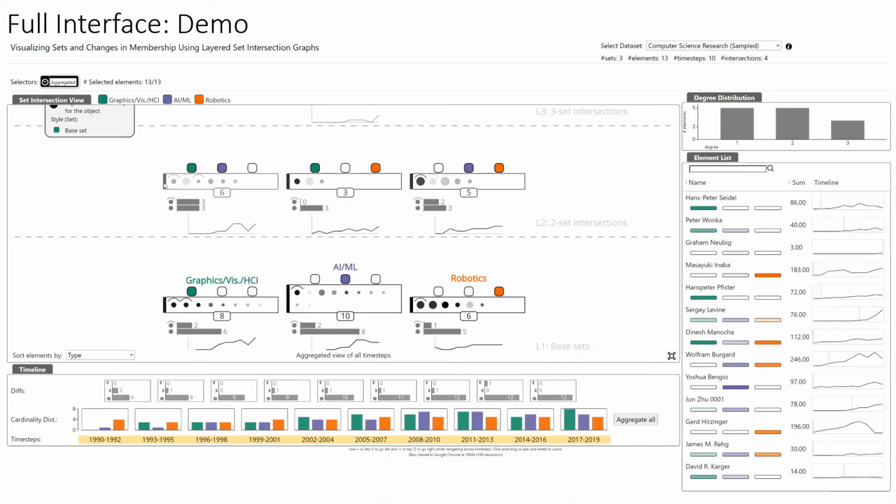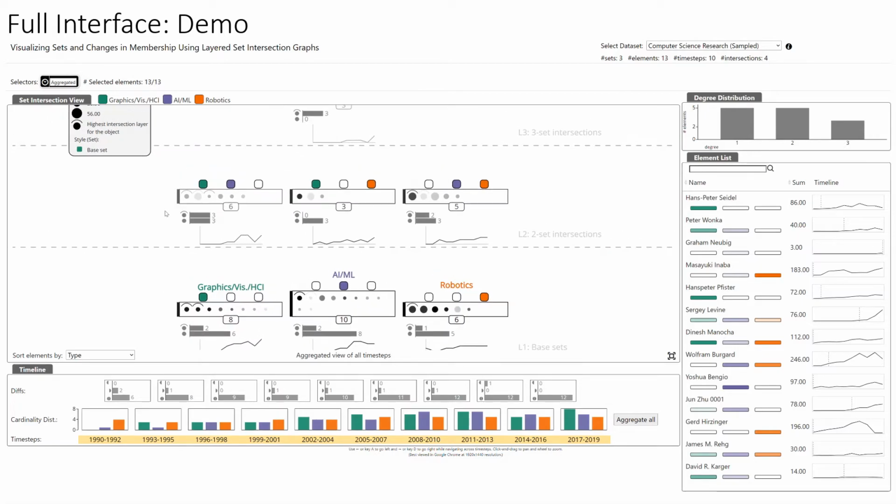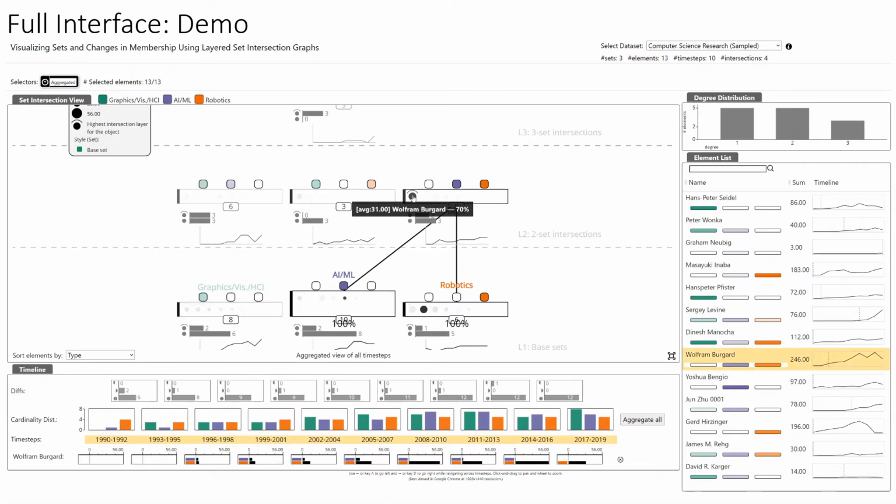The size of a circle represents the average weight of membership across all time steps in the corresponding set. These details for an element are available on demand on hovering over the circle. Selecting an element highlights it in the graph and draws an evolution chart of the element's membership. The chart is drawn on demand and appended in the timeline.